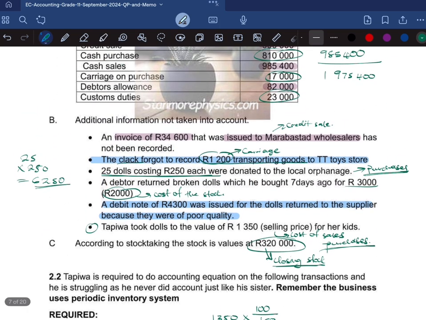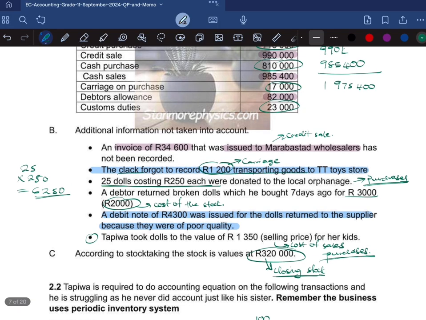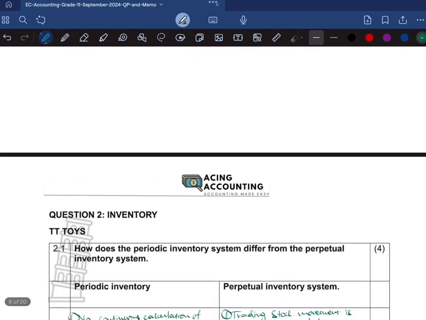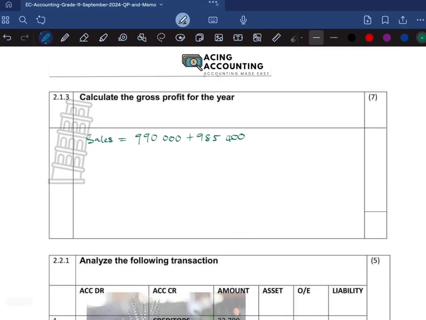So when we go back to additional information B, an invoice of 34,600 that was issued to Marabastad wholesalers, remember, it was not recorded. So this was a credit sale. We need to increase our sales by the 34,600. So here we're going to add the